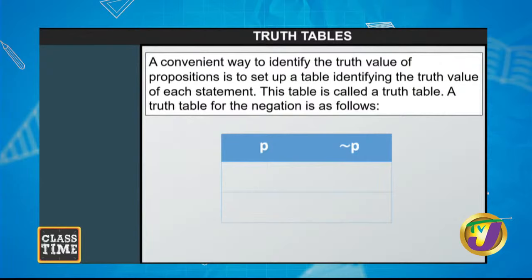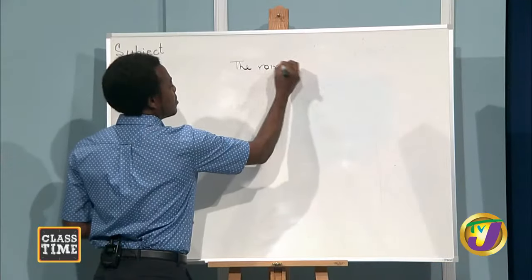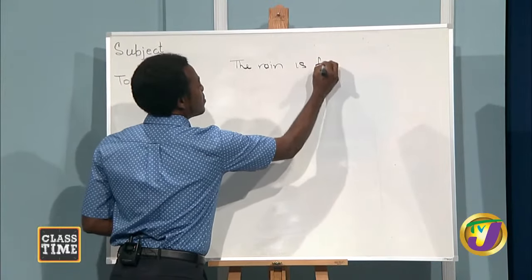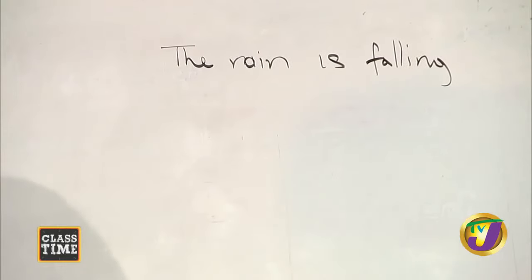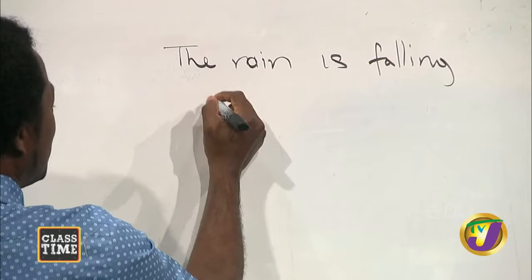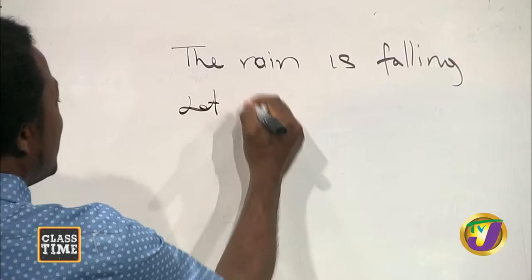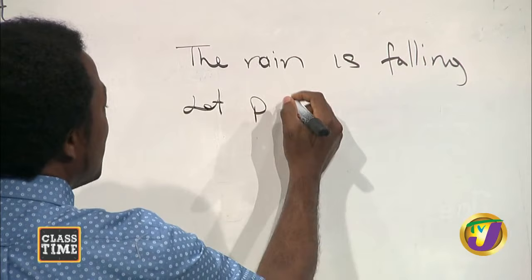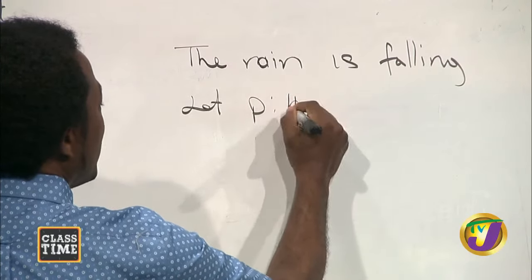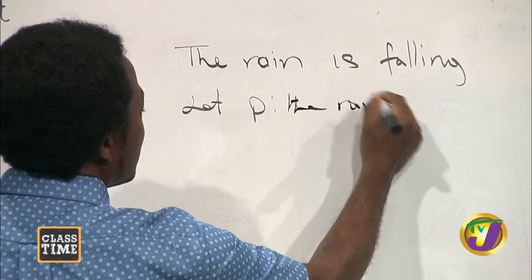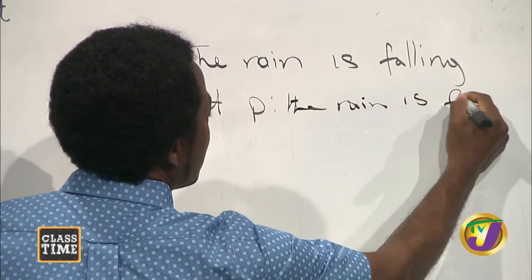So let's let you see it better. So the rain is falling. I know I don't write properly. So we said let P, this is our premise, be the case that the rain is falling,